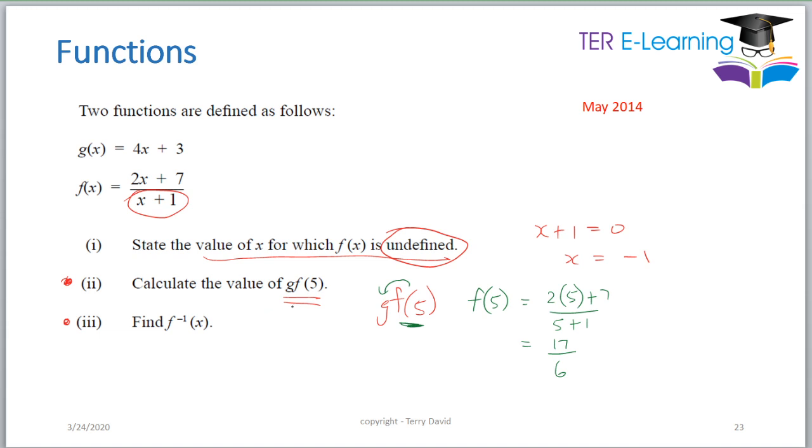Okay, 17 over 6. And then we're going to take that answer now and we're going to plug that into the function g. So we're going to find g of 17 over 6, right? Which is equal to 4 multiplied by 17 over 6 plus 3, right? So what will that give us? So that's 4 by 17 over 6 plus 3. So that'll give us